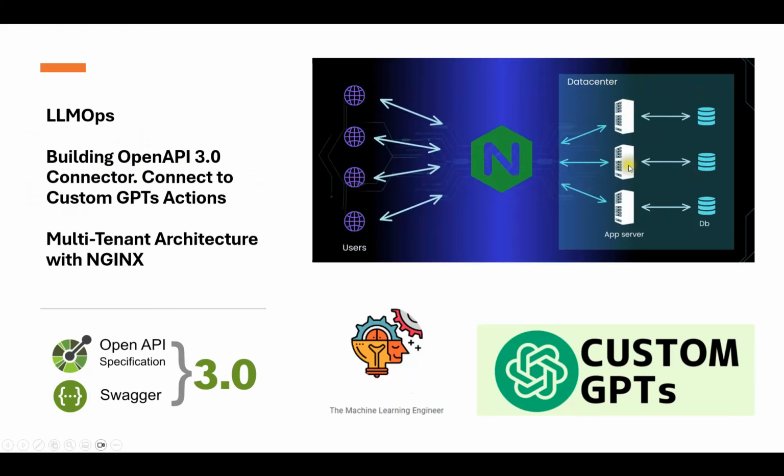If you didn't see the previous two videos where I describe ChatGPT MCP connectors, Claude AI MCP custom connectors, and the third one is GPT actions connectors via OpenAPI APIs or RESTful APIs.